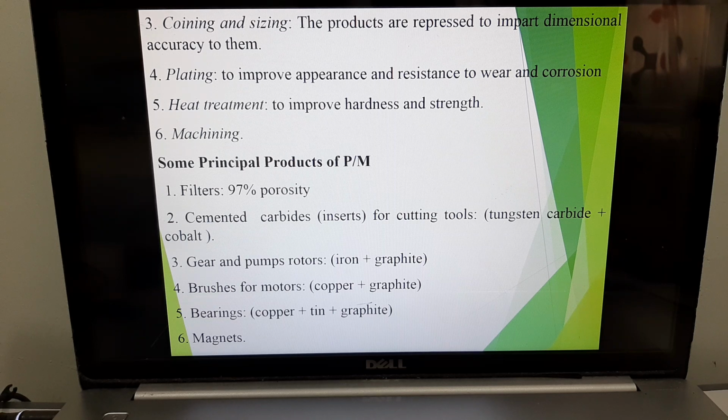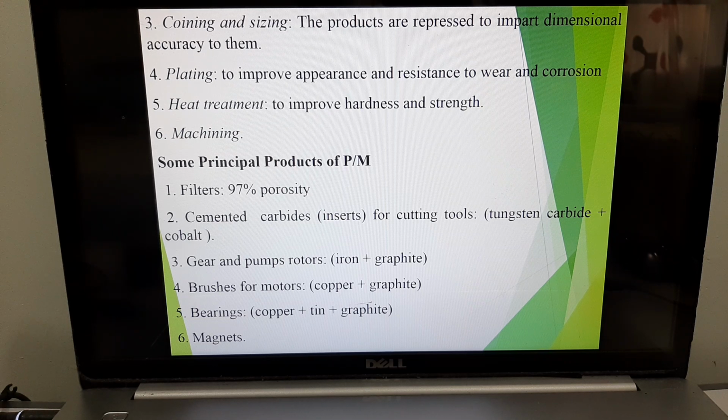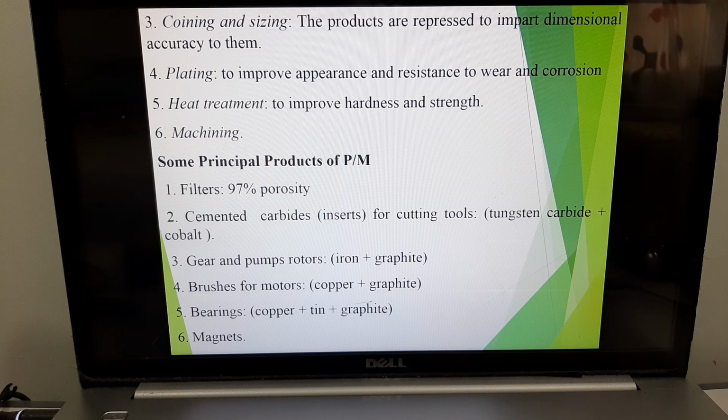Okay, so some examples of products produced by powder metallurgy: filters. When you produce filters using powder metallurgy, you can obtain up to 97% of porosity. You can produce inserts, cemented carbide inserts. If you remember in machining, I told you that the most popular inserts will be high-speed steel and carbide. So these carbide inserts, which are widely used in manufacturing industries for cutting tools, like tungsten carbide, cobalt, are produced